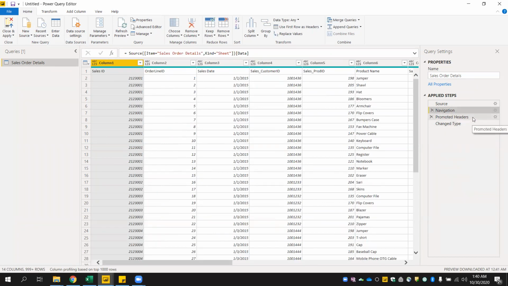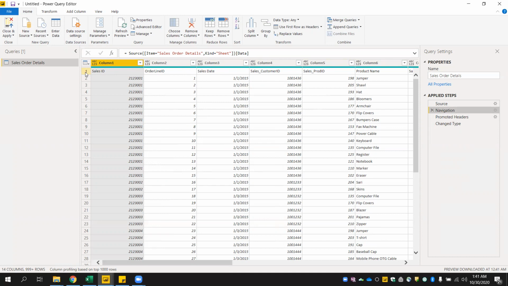And in this preview, if you notice, the first row, or the headers of the columns, are coming up as Column1, 2, 3, 4, 5, 6, not the same as what is there in my Excel worksheet, like Sales ID, Sales ID, Order Line ID, Sales Date, etc. Which means that by default Power BI treats each and every row as data.